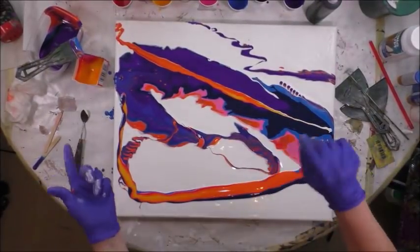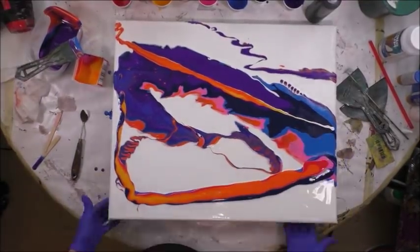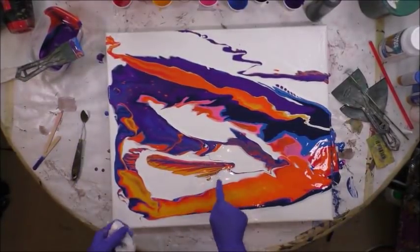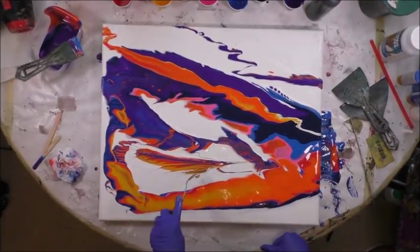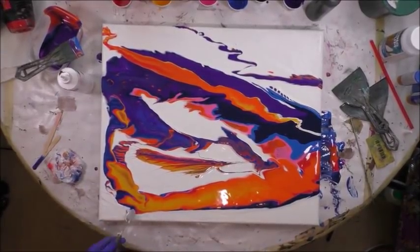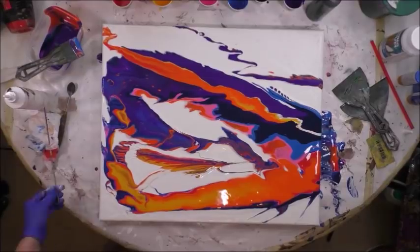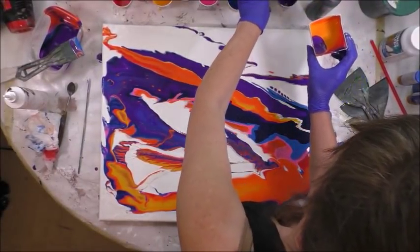That's what I wanted the other time when I did this, but I like this. I still like this a lot. It's so pretty in here. Okay, so I like what's going on here. In this little container, I'm just going to go ahead and put